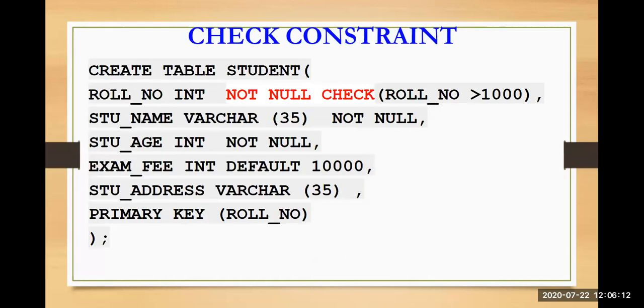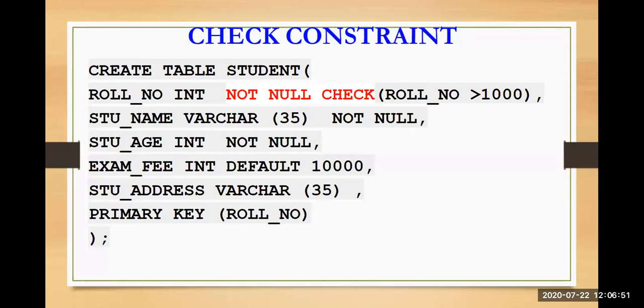Let's move to the next, the check constraint. Whenever I talk about the check constraint, it is basically used for specifying the range of values for a particular column of a table. You will specify the range of values, and this is the only range which is acceptable. While you are inserting your record, the value should belong to this range. Any value outside this range or lesser than this range will not be acceptable. So the check constraint makes sure that the specified column will definitely have values in the range which you have specified.